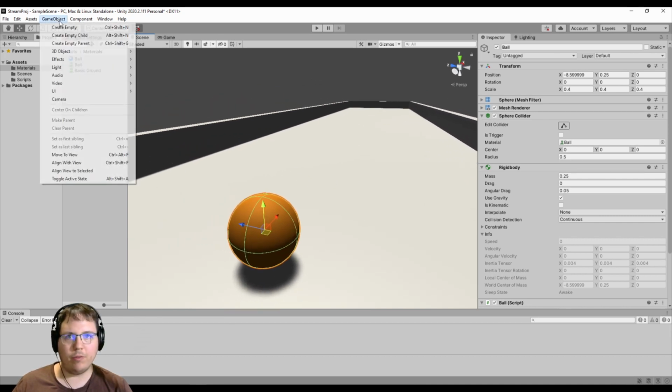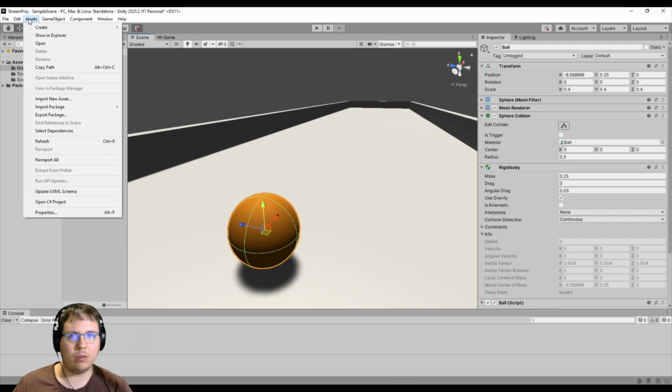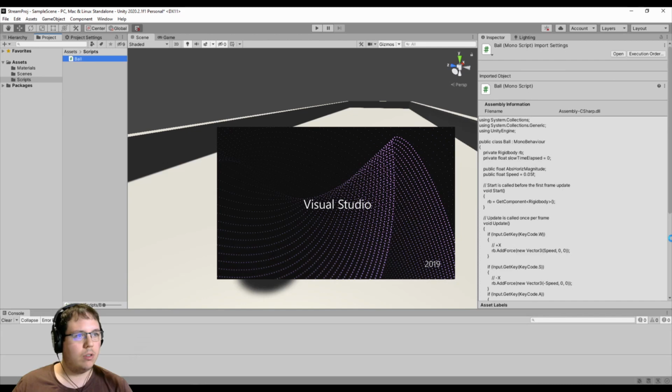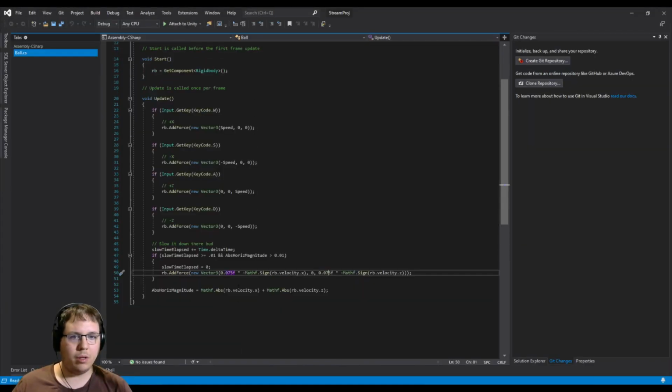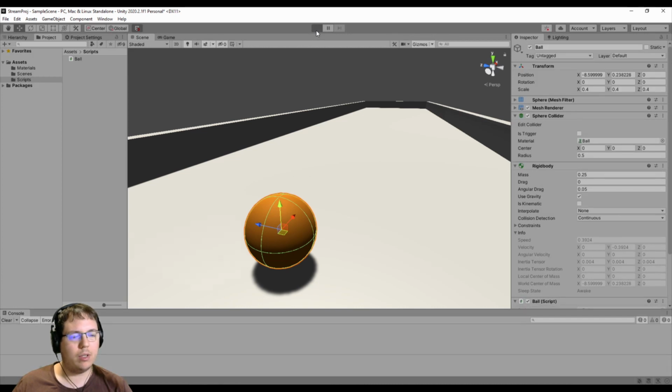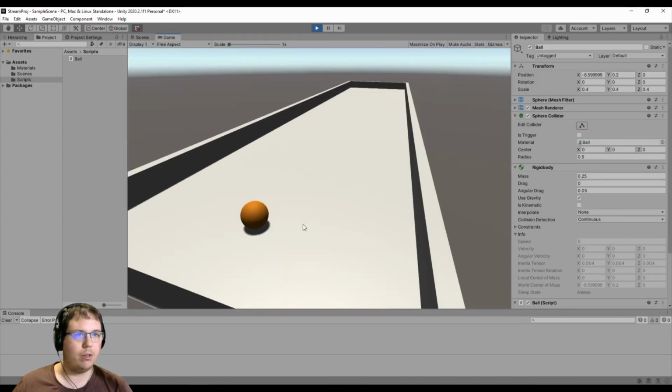Now, let me go into Visual Studio. Let me just do this. Scripts. And we are going to do this just for a sec. Now, what I need to do is actually attach the camera. I think there's a shortcut script for that, but I'll just write my own. It's fairly straightforward. But before I do,